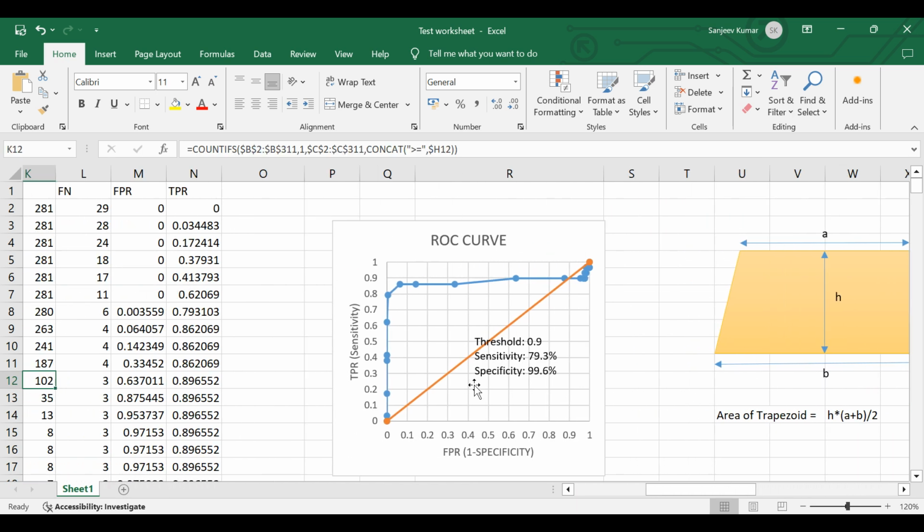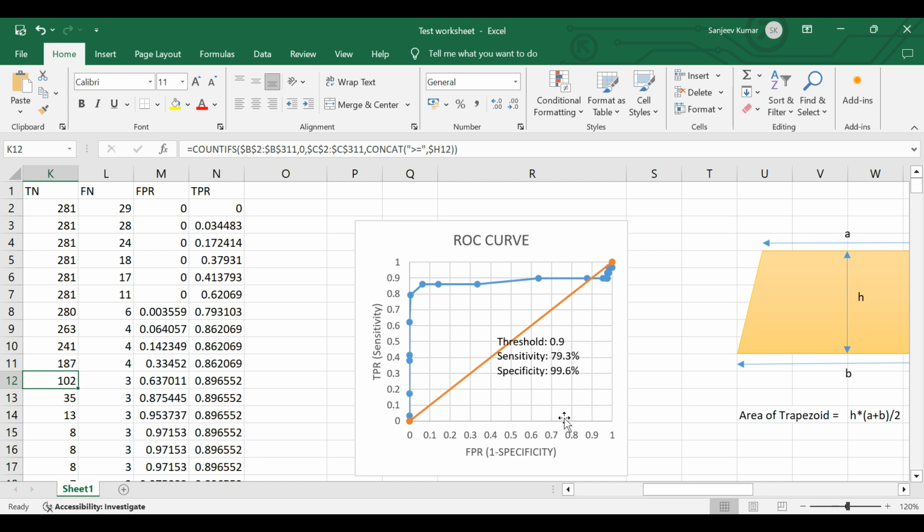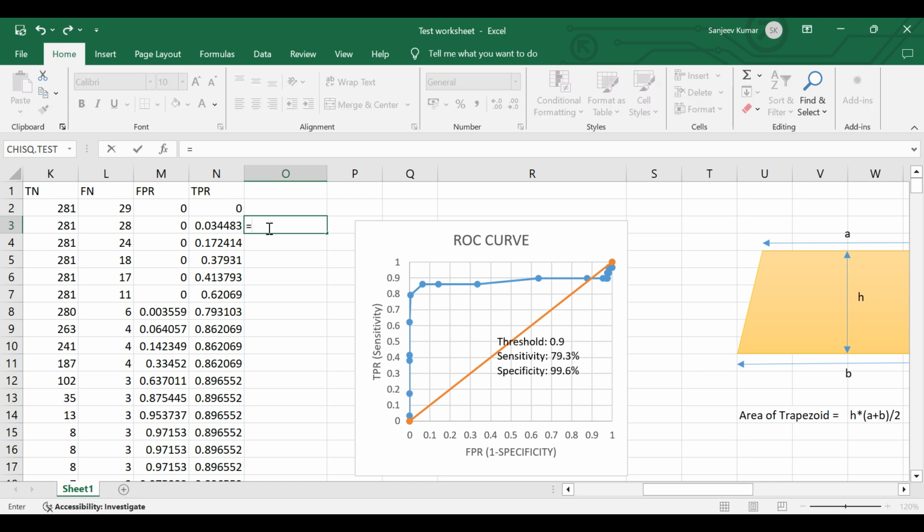So now this is our ROC curve with maximum points 1 and minimum point 0, and here the FPR is the x-axis and TPR is the y-axis. So the first point cannot form a trapezoid, but these two points can form a trapezoid. So we will use the formula here to calculate the area of first trapezoid. So we'll write equal to,